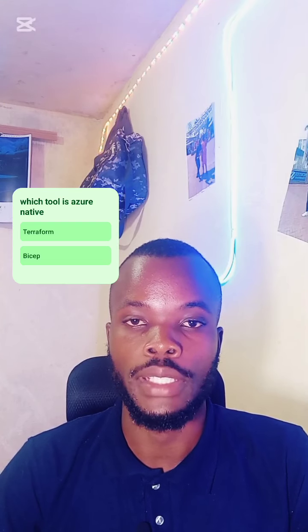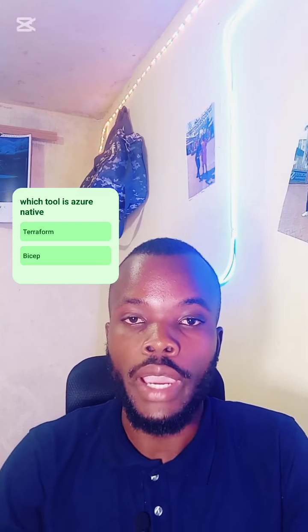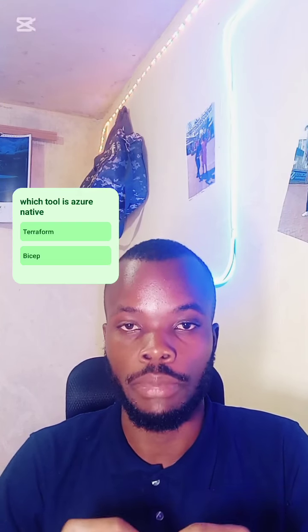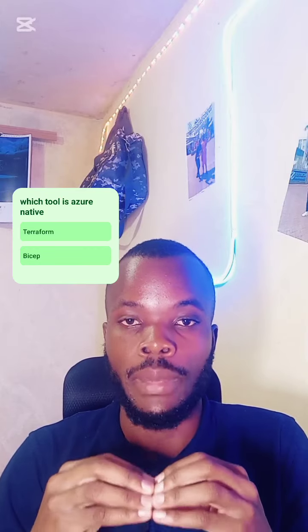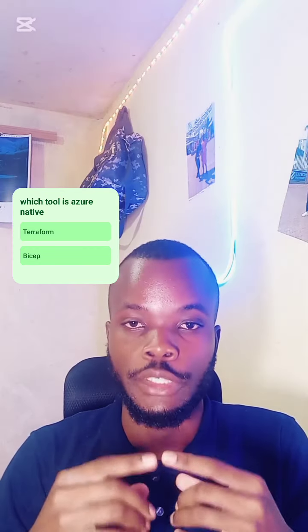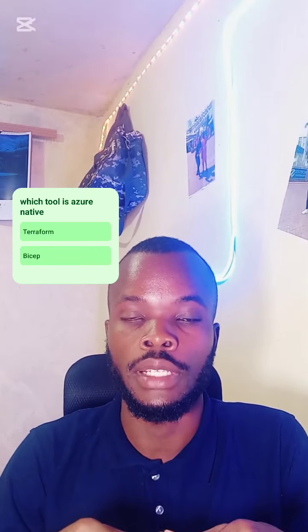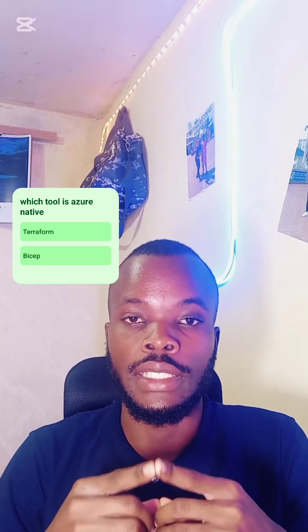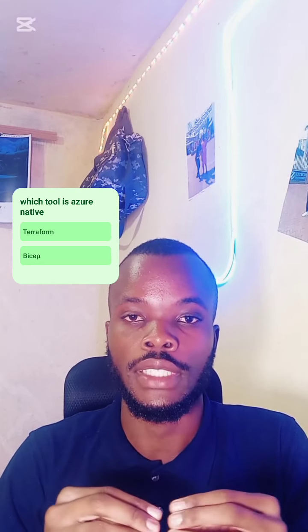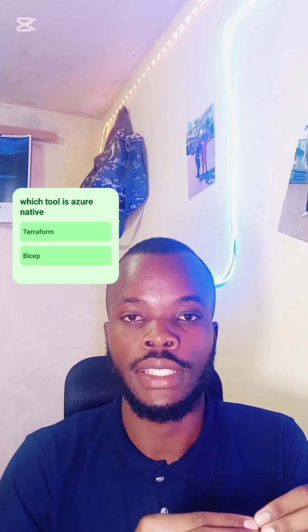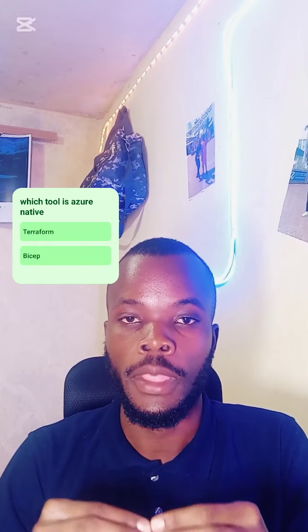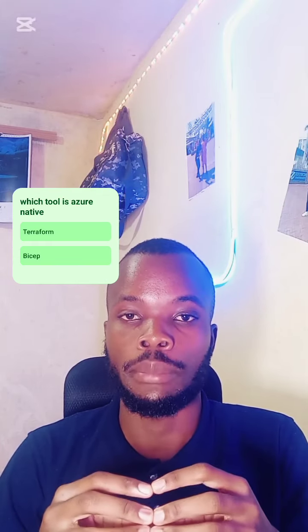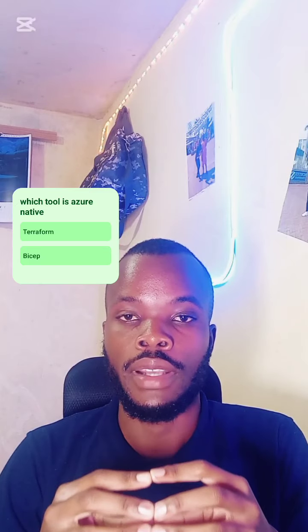Before we even go into Bicep, we are going to understand how we can write our first ARM template, because under the hood, the Bicep code will be transpiled or transformed back to an ARM template, because on Azure, it's the ARM template that is responsible for routing all the services to the various Azure services that are responsible for operating a resource. So before we even get into Bicep on our next event, we're going to write our first ARM